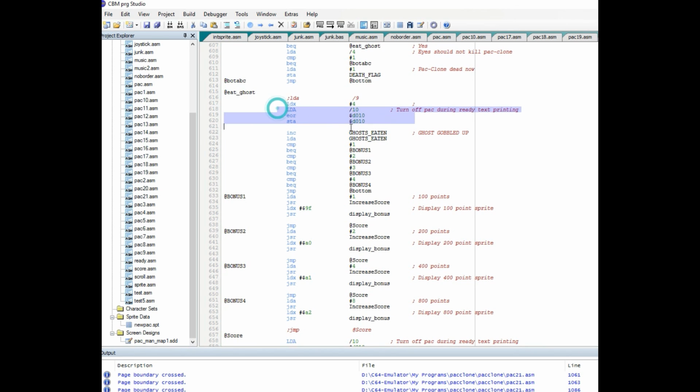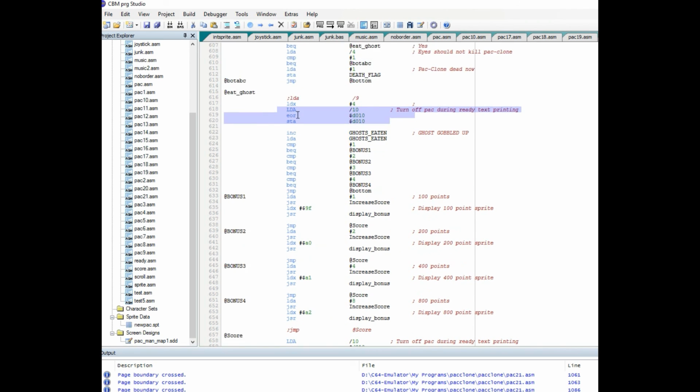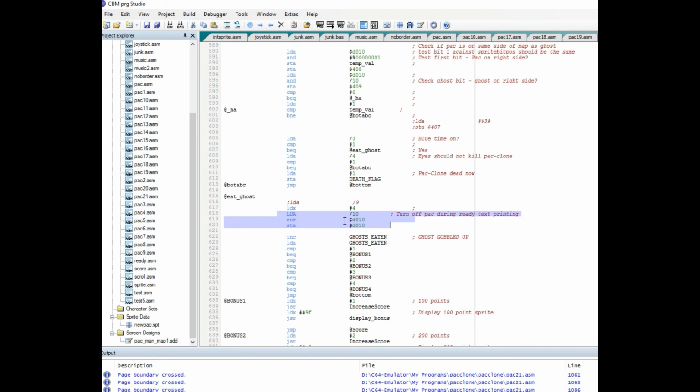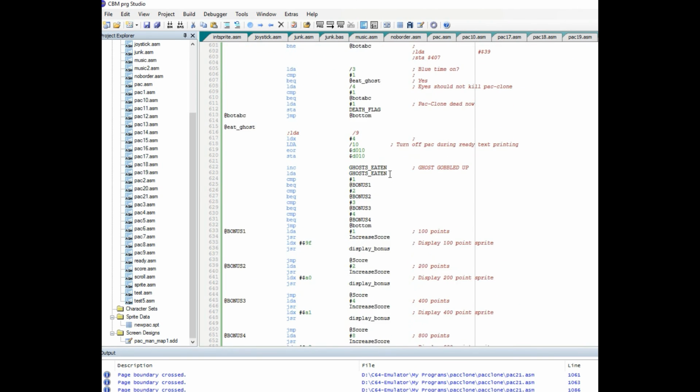Here's where I turn off the ghost and pack. You see, I'm loading in the 10th parameter, which is the 8-bit sprite position of the ghost.